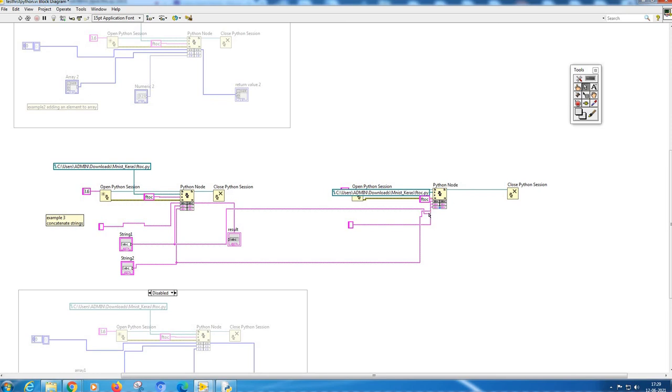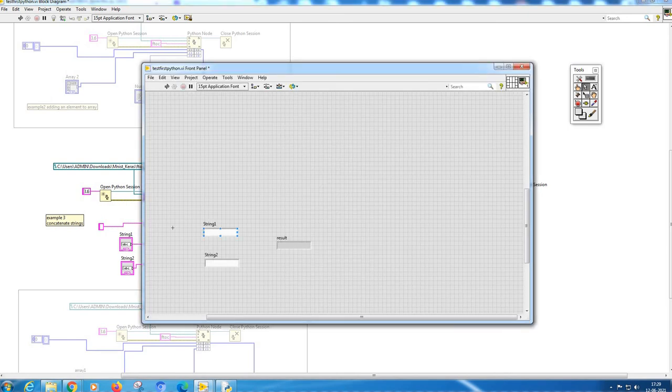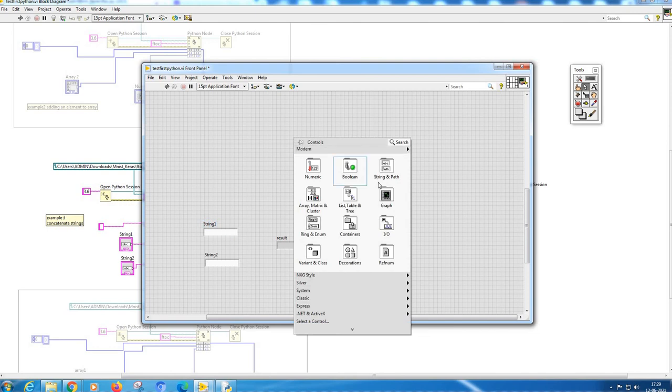Sir, if we don't want to connect it from there, then we right click it, like the above numerical one, and do the same. If you don't want to connect like that, I will show you. You can go to the screen with Control E, and right click, go to string control.